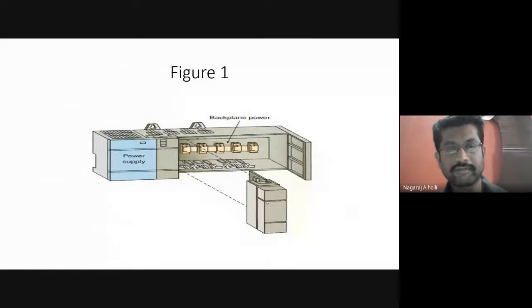And this is the figure where we have discussed power supply, how it flows from the power supply module to the backplane, where there are different connectors. These are different slots or connectors. From the connector, it reaches your IO modules. This is how the power supply is transmitted from the power supply block of the PLC to the backplane connectors, and from the backplane connectors to the IO modules.